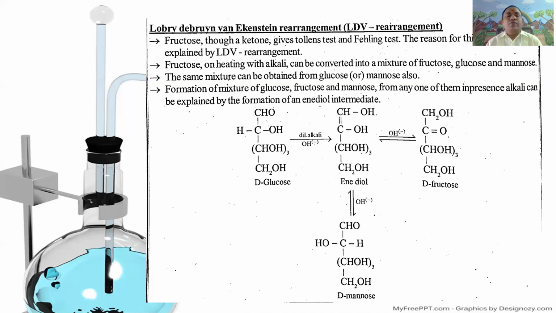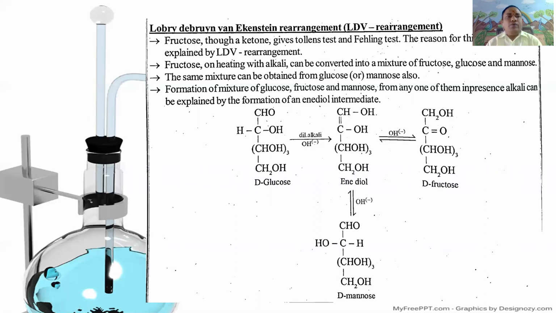Next, Lebrun-de Bruyn-Van Ekenstein rearrangement. It is also called LDV rearrangement. L means Lobry, D means de Bruyn, V means Van Ekenstein rearrangement. Here in this rearrangement, fructose, though a ketone, gives Tollens test and Fehling's test. The reason for this anomaly is explained by